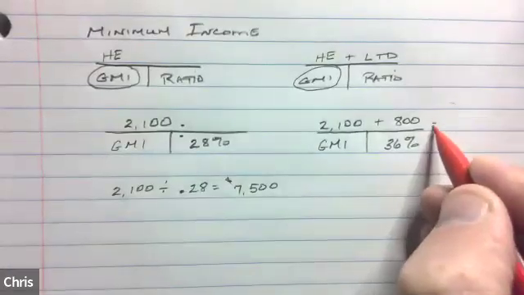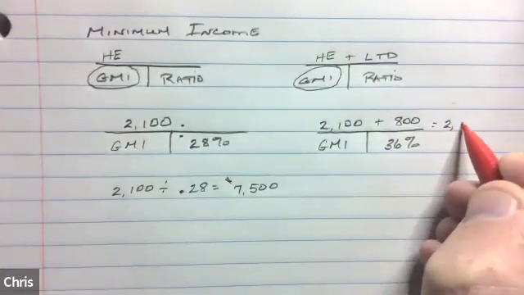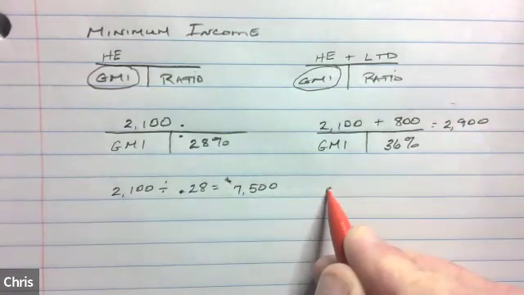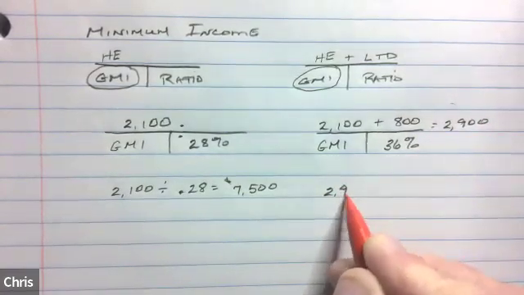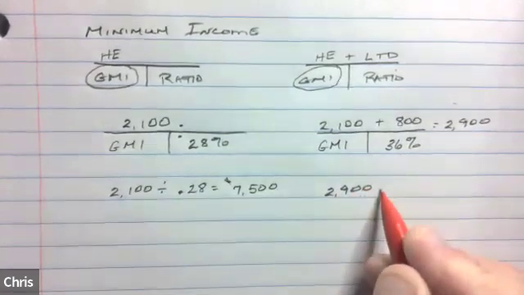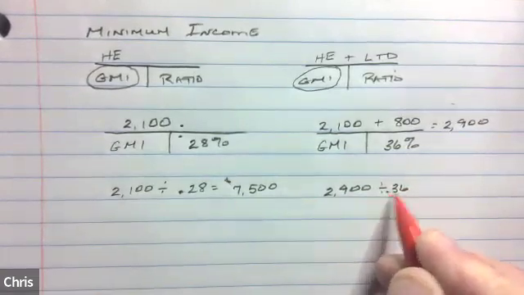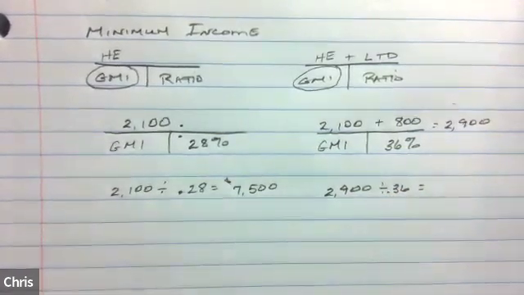So in this case, what we have is 2,900 divided by 36%. So let's take 2,900 divided by 0.36. Let me go to my calculator here. 2,900, because remember 2,900 because it now includes the long-term debt on the back end, divided by 0.36, the higher ratio,